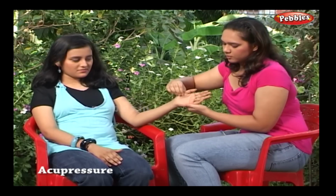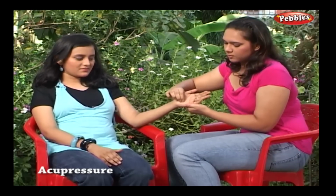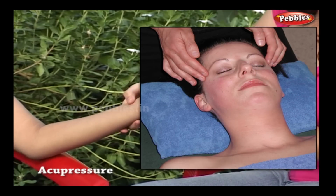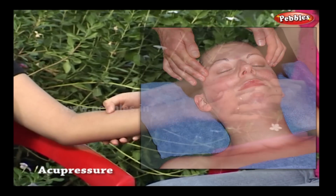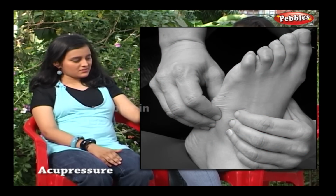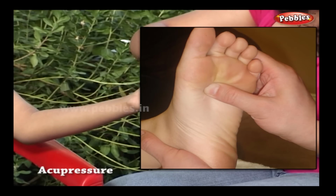When these trigger points are pressed, they release muscular tension and promote circulation of blood and the body's life force energy to aid healing. The points are commonly called acupuncture points, pressure points, acupoints, or acupressure points. To press points,